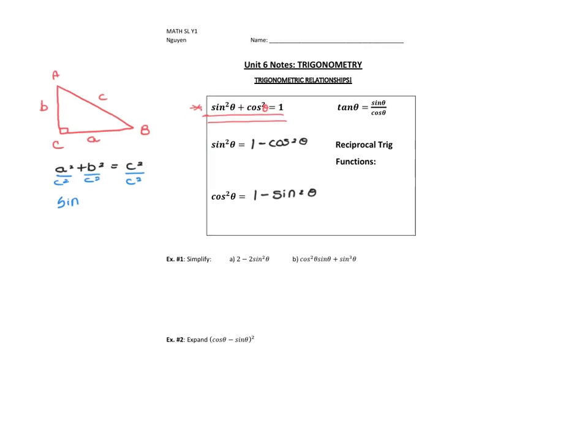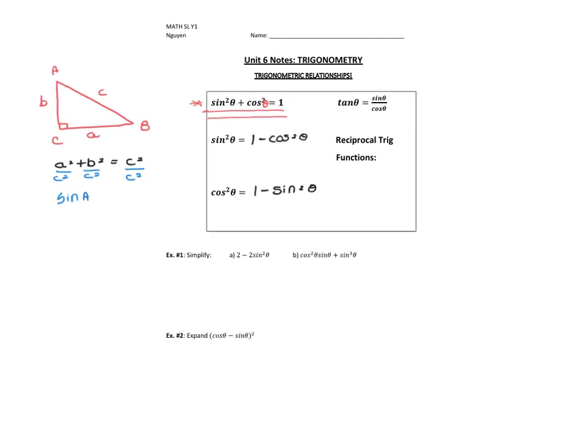Sine, that's sine a squared. And with b squared over c squared, if we're looking from angle A, that's adjacent over hypotenuse, which is cosine. So that's where we get the cosine a squared is equal to 1. Does that make sense? So that's, in its most basic form, how we come up with those identities,